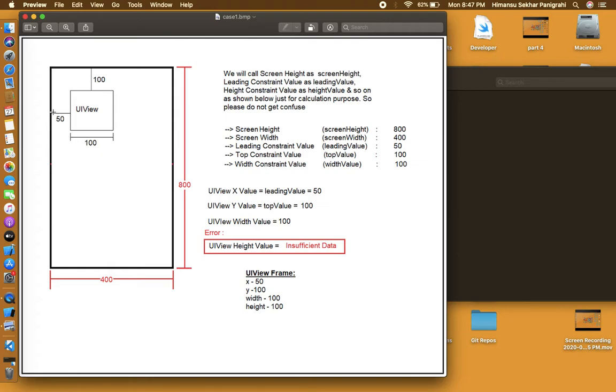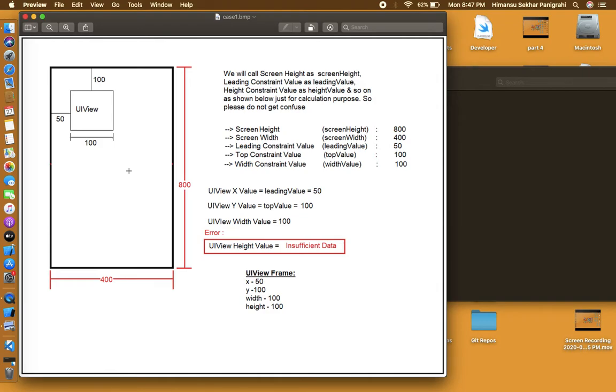See, in this case, the x value is given directly, the y value we have given directly, the width also we have given directly, but here no such constant is there based on which we can calculate the height of this UI object. So here auto layout fails to calculate, so that's the error.